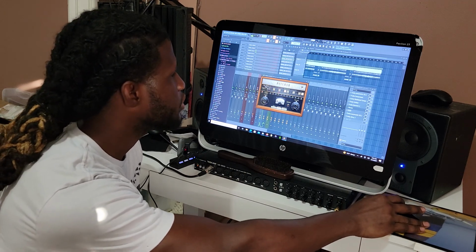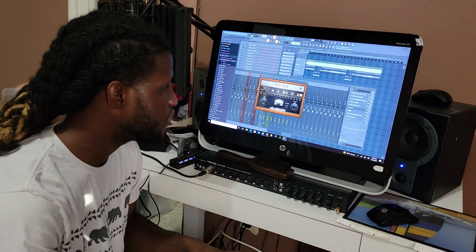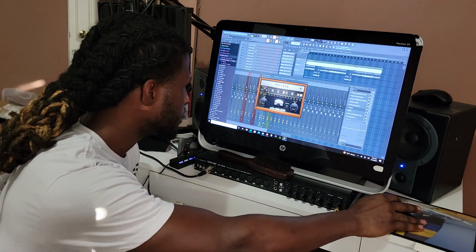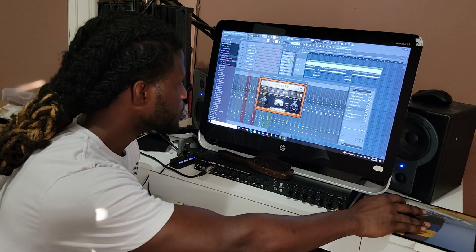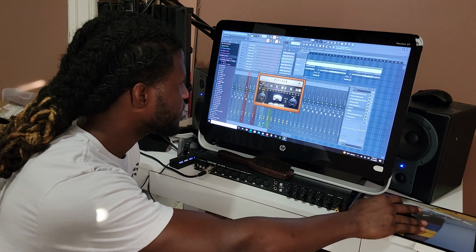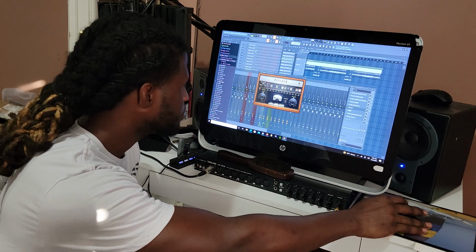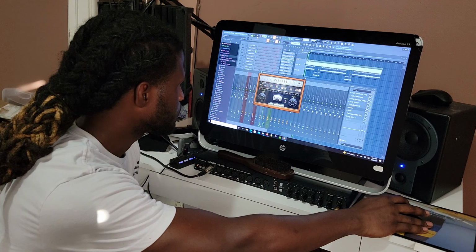So as you can hear, guys, it's giving you that auto-tune kind of effect, but I never want it to be too much auto-tune. So that's why I bring this to about medium. And as you can see, the key that I'm singing in is showing right here. If I click play again,